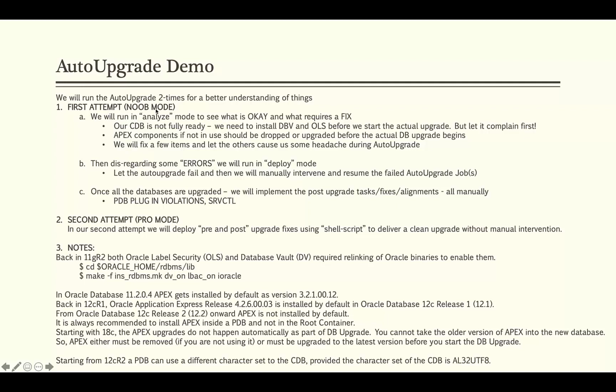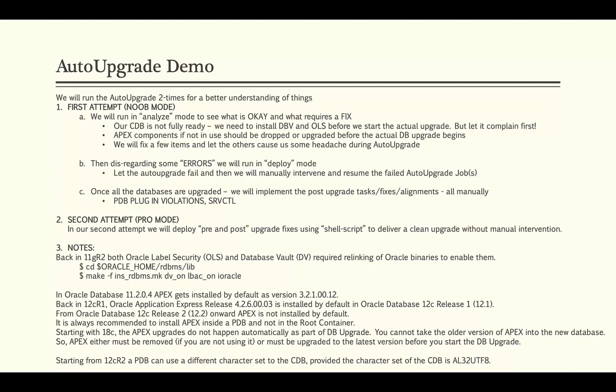I do not know much about it, I am new to this. In my second attempt, I am going to run auto upgrade utility. I will reset my environment back to what it was prior to the start of this demo. That's because I am running it in a virtual machine and I have taken a snap of it to restore it to its previous state. All that I need to do is to restore the previous snap. So everything would come back to as is at the beginning of the demonstration, whatever things were.